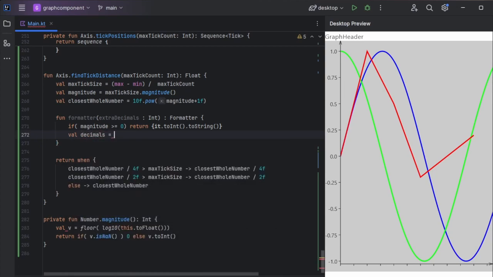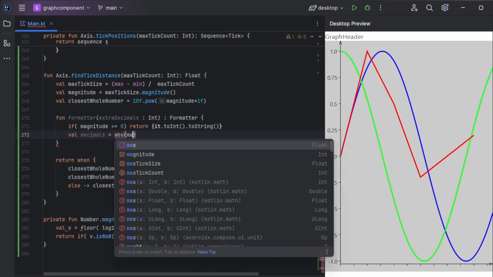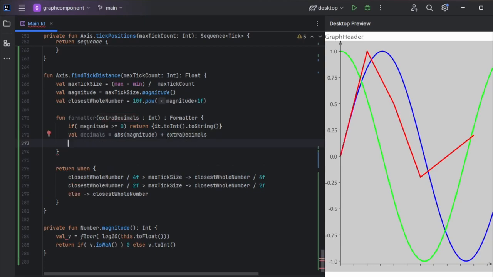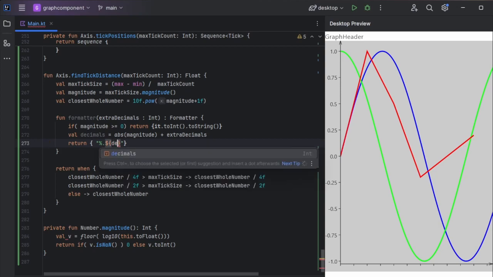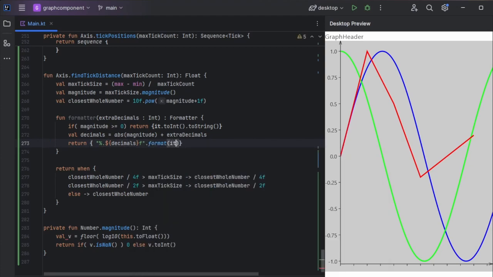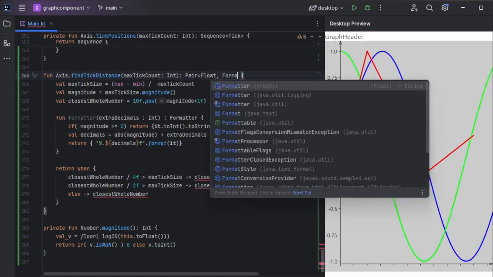And if we have decimal numbers, we will calculate how many decimals we want, and we create a string formatter for it that actually just cuts our float number to the number of decimals that we have decided upon. There, and we make it format the value. And now I want to be able to return both the value and the formatter here, so we return a pair instead,